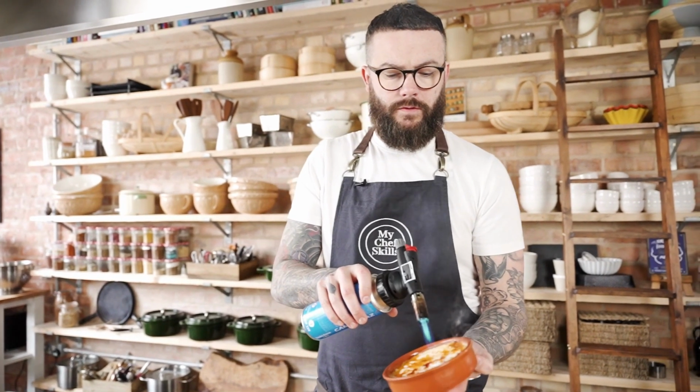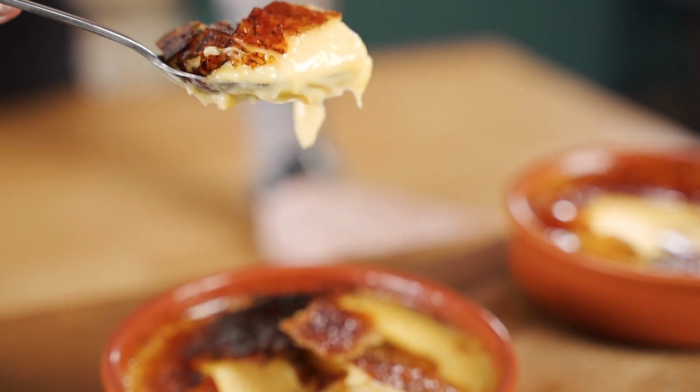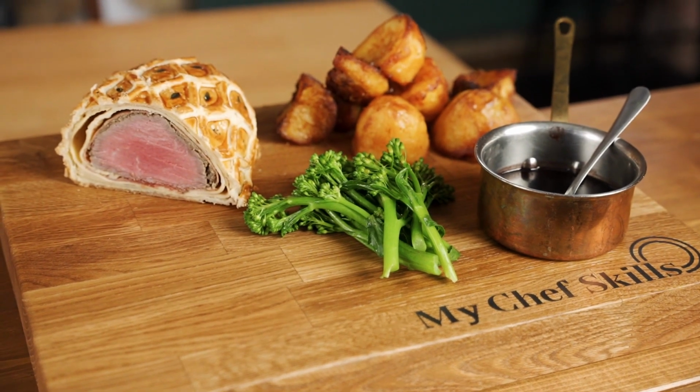And I'm also going to be showing you how to make that classic French pudding, the crème brûlée, which was also touted in the Michelin Guide as being a fantastic finish to the meal at my restaurant. Having won the UK's best Sunday lunch, I'm going to show you how to make an overindulgent, amazing Beef Wellington